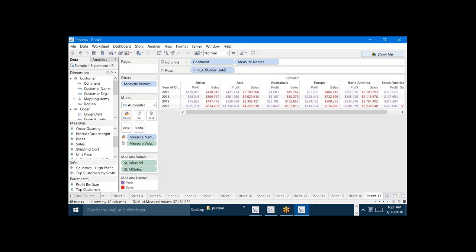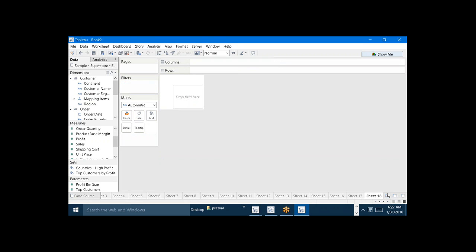And we have one more way. The second way is more innovative, like simply dragging the first measure into the text and the second measure into the visualization and just arranging the fields. What is the third way? The third way is